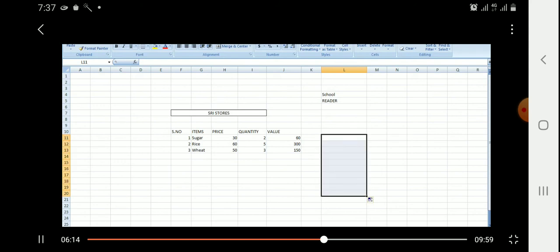Okay students, now I am going to explain about the range of cells. Students, range of cells means, if you select a single cell, that is a single active cell. If you want to select more than one cell, then that is called the range of cells. See, I have selected a column range here. Okay students, see, this is a single active cell.